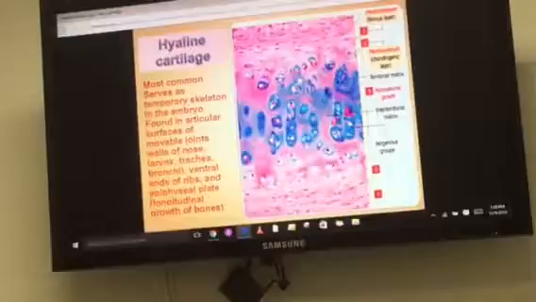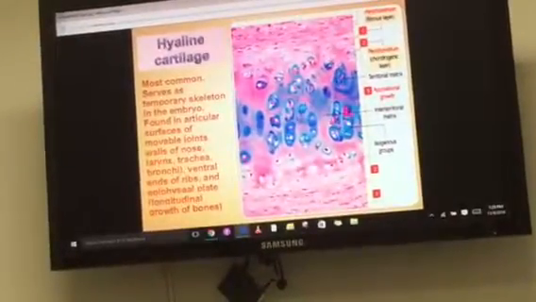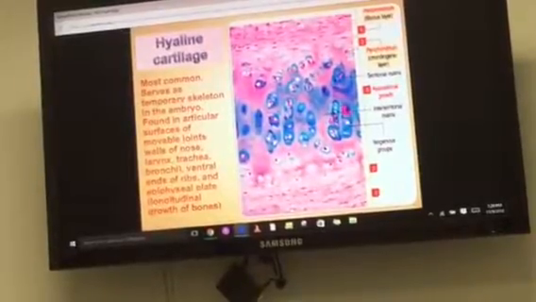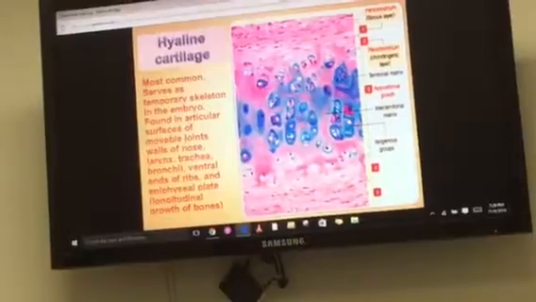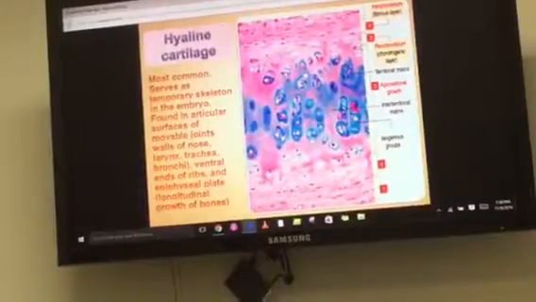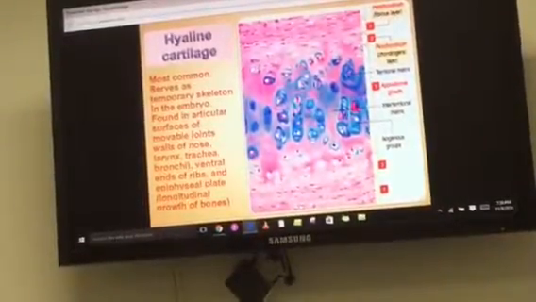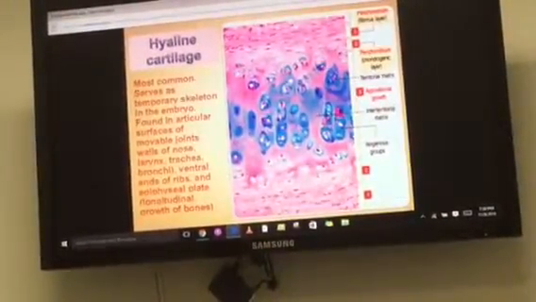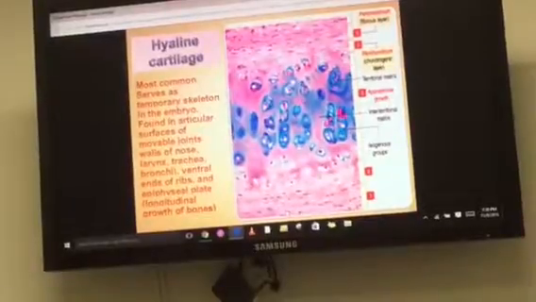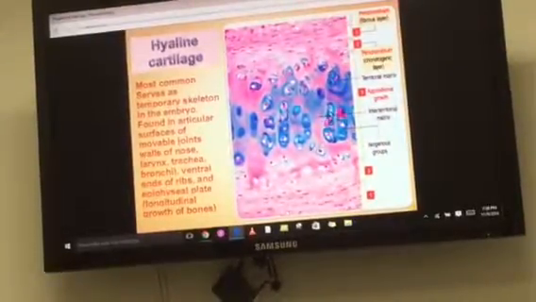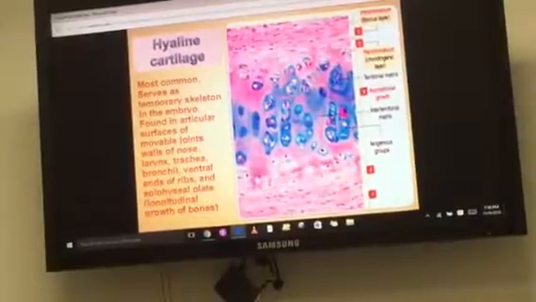So I made a little chart, so I'll go through each one. We do hyaline cartilage, so it's type 2 collagen, and the locations where you find it are temporarily in the skeleton in embryos, and then the articular surface of movable joints, walls such as nose, larynx, trachea, bronchi, ventral end of ribs, and epiphyseal plate. Their function is to synthesize collagen and other matrix molecules, and their component is